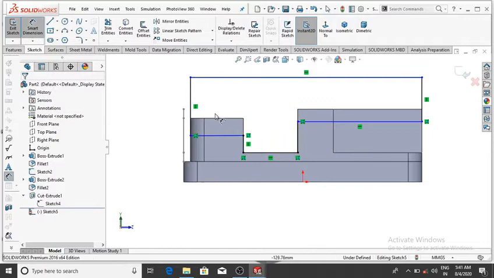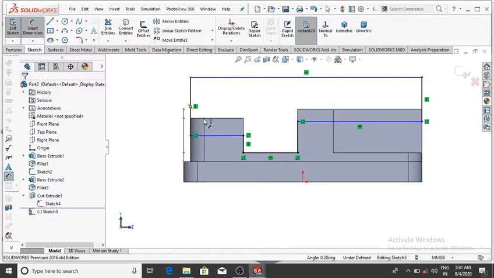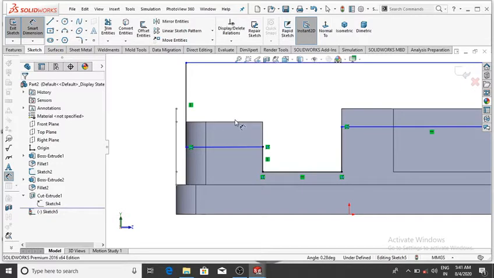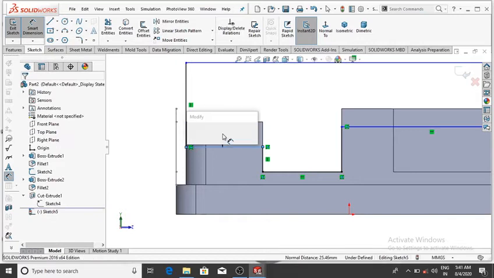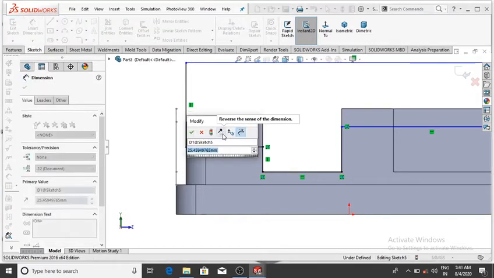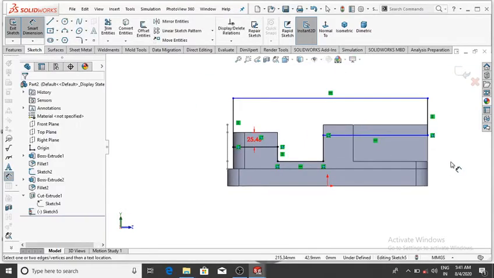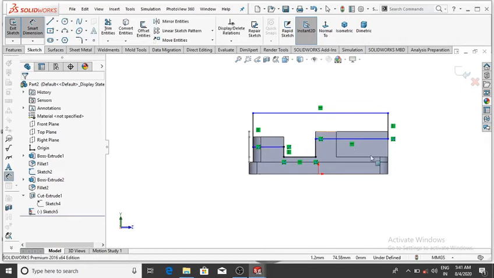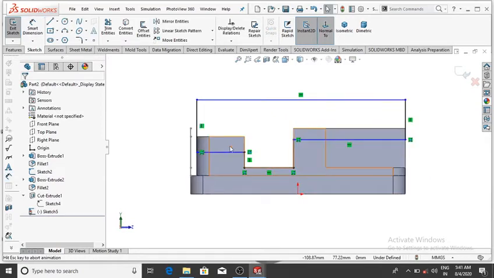So go to the smart dimension and from this point and this line, the distance is 46. Now OK, and the gap of this sketch.